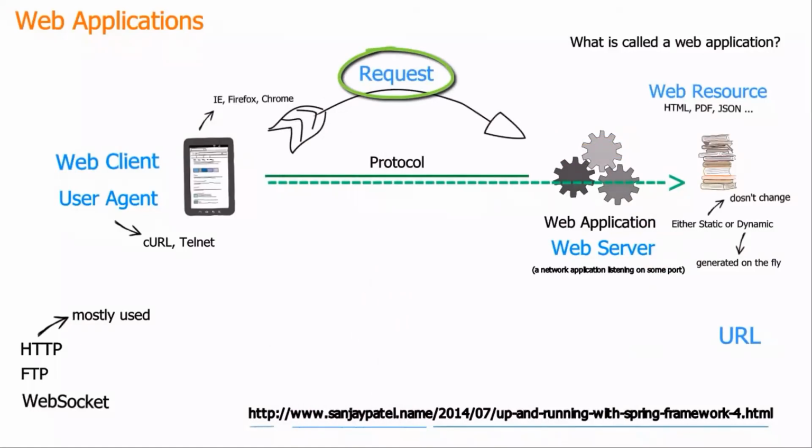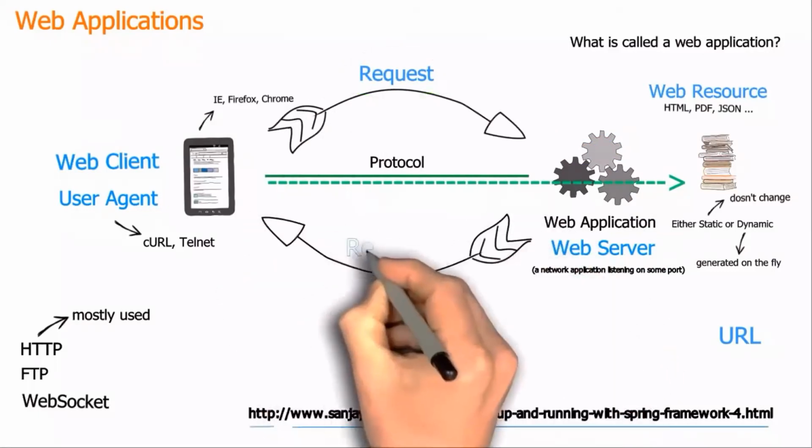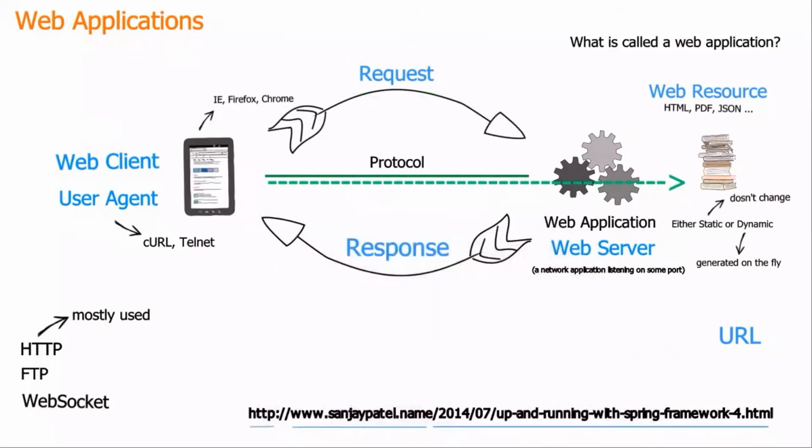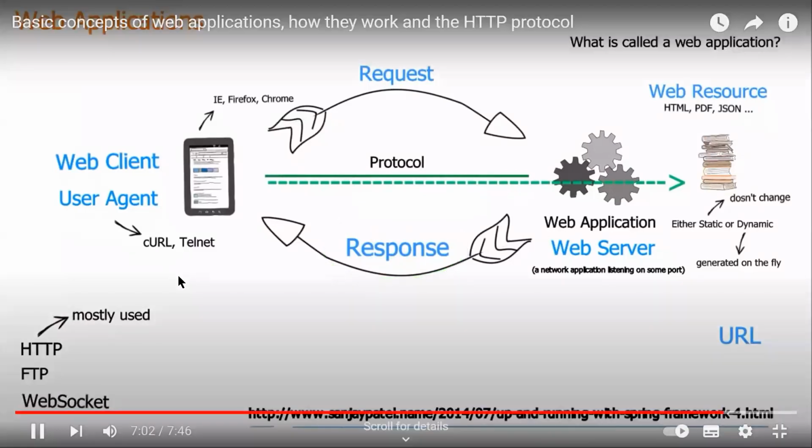When the web server receives a request, it responds with a response back to the web client. That means it sends a response back to the web client. And the content of the response depends on what was requested. For example, if the client asks to read a resource, the server can either put the resource in the response or inform the client that the resource is not available with me and you go somewhere else for the resource or something like that. And then after the response is given to the web client,